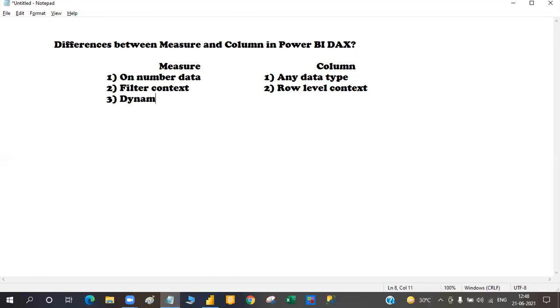A column is a predefined calculation that goes row by row. Since measures are dynamic calculations, they will take CPU time, whereas columns are predefined, so they will take CPU memory, guys.